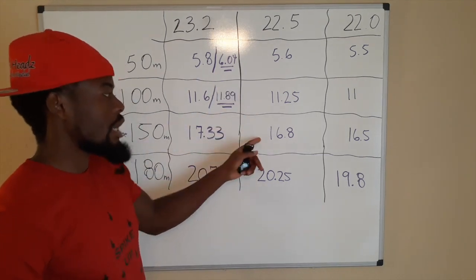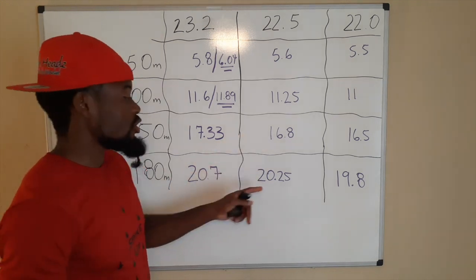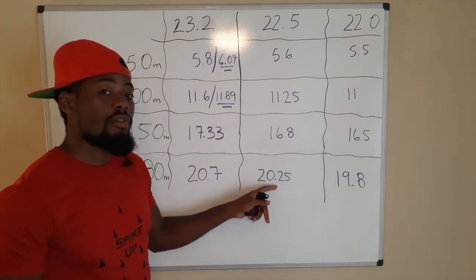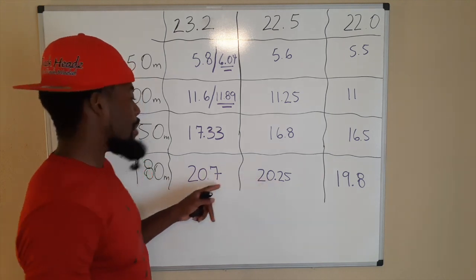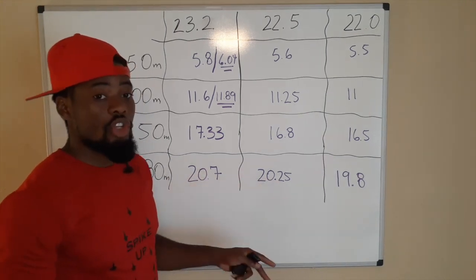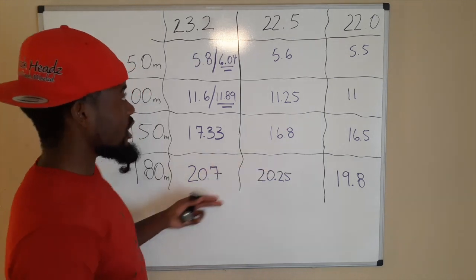There's no doubt in my mind that I can run 16.8. There's no doubt in my mind that I can run 20.25. But just knowing that you can do it and doing it on the track so your body knows are two different things. So, you know, I think this is a really good